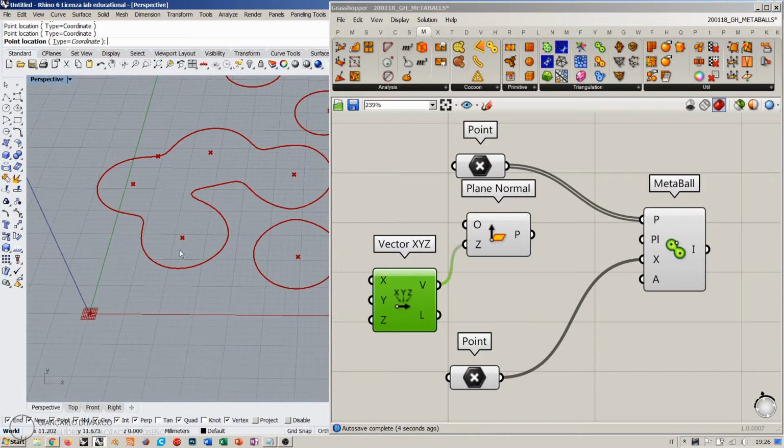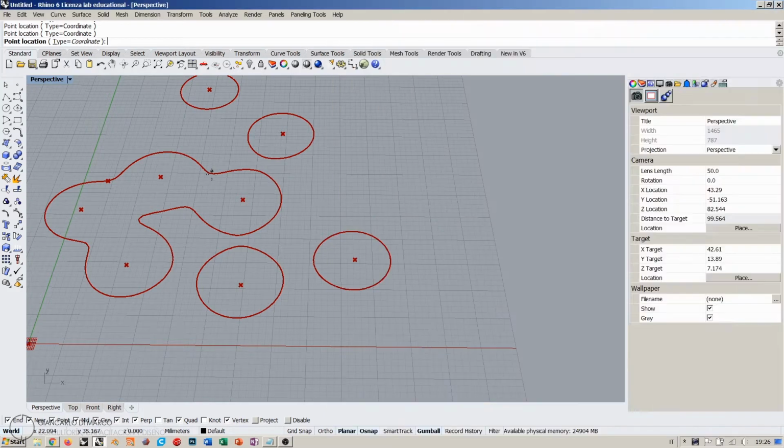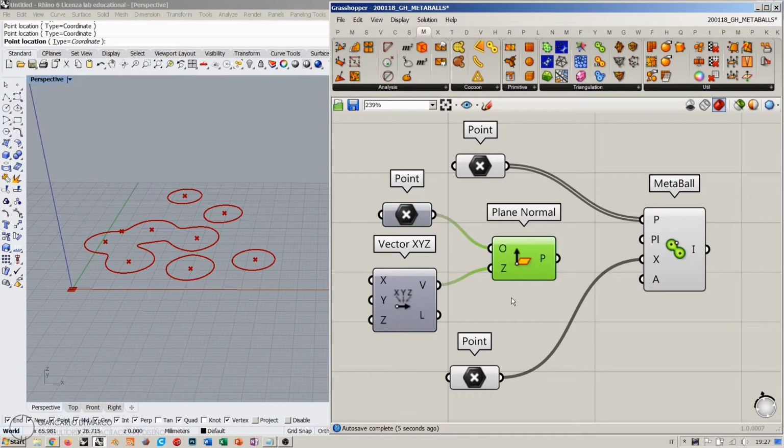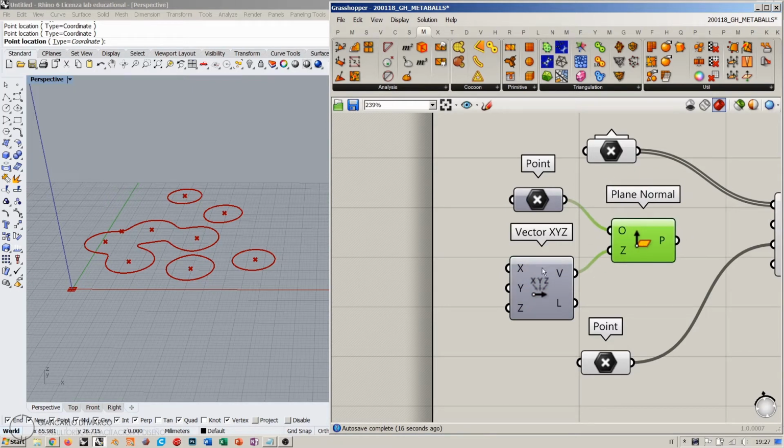I want this normal plane to be in a position which is like barycentrical, like this one. So plane normal, and what I need now is